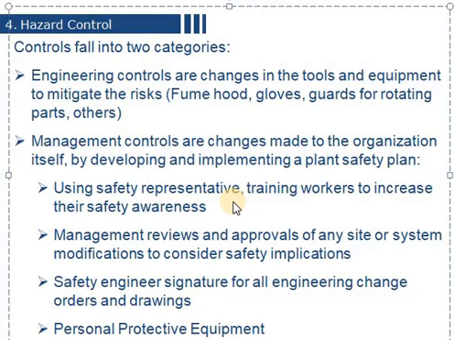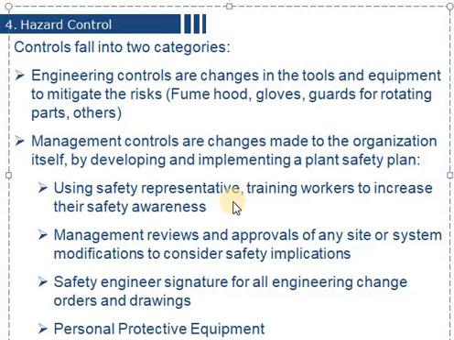Also, management will try to make regular reviews for the sites or the system and give approvals to changes and modifications so that to consider all the safety aspects